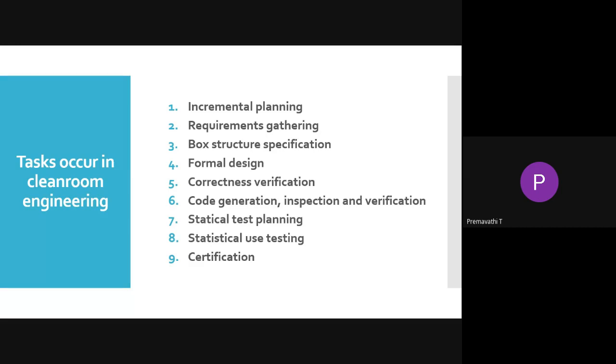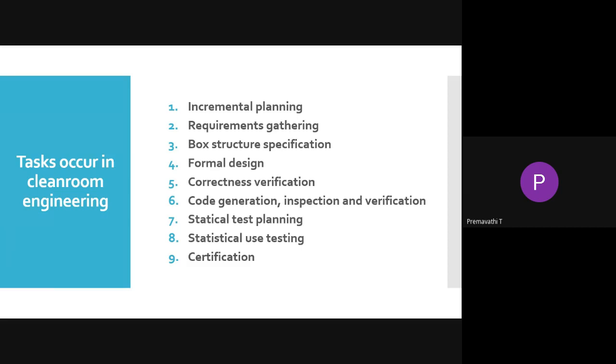Here, in the first task, we have to create the incremental planning. In this planning, we first create the plan for developing the project. After creating the plan, we include the functionality of each increment, the project size, and a clean room development schedule.